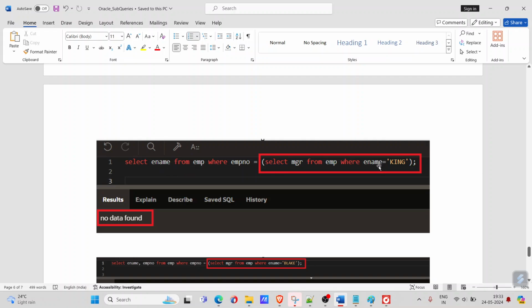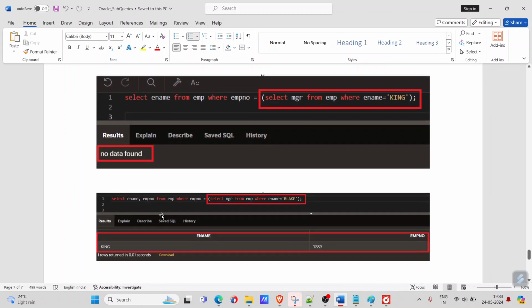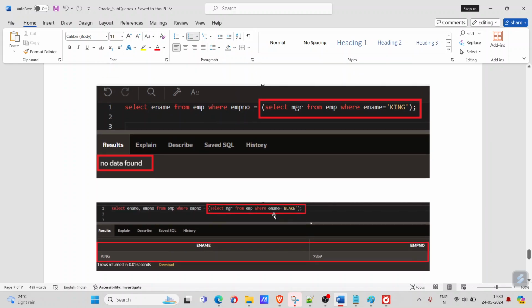But if you see in the employee table for this particular person, that is King, we do not have any manager ID present, which means this manager ID value is null. So this query is going to return a null value, and so the entire query is going to give me no data found. Similarly, if we take the same example and replace this employee name with Blake,